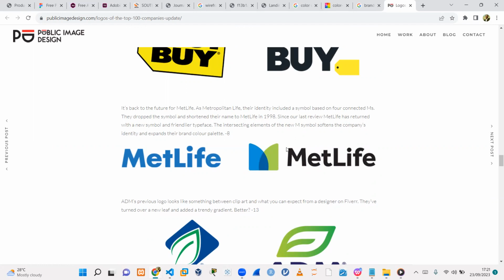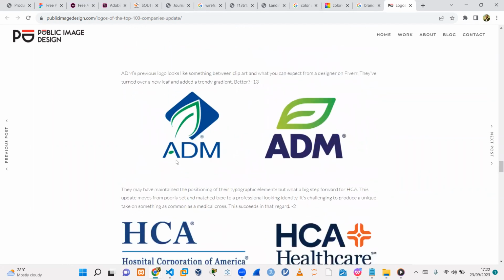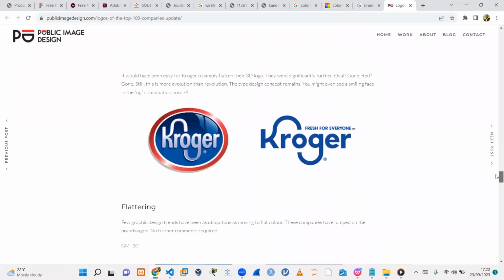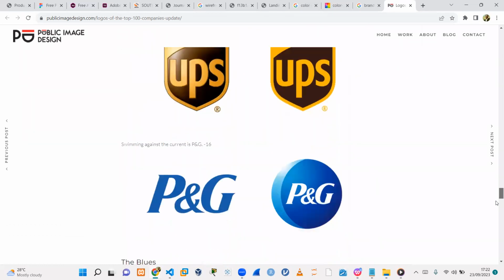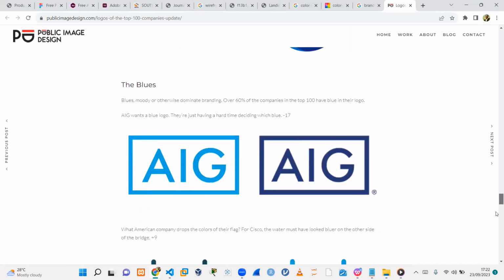You see the colors that are now coming in. Green is now an essential part of it. Look at ADM. What are they into? Positioning typography. Challenging to produce a unique take on something common. Health and wellness. This is still okay because I have a kind of green here, but still that green is still maintained. Very, very crucial, very, very important. General Motors, Ford, John Deere, UPS. So the blues,